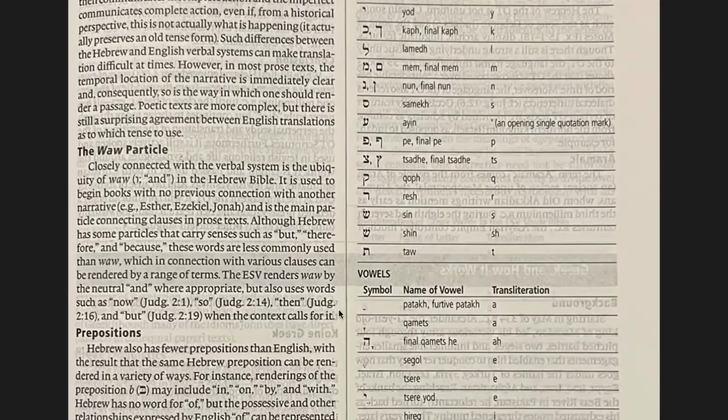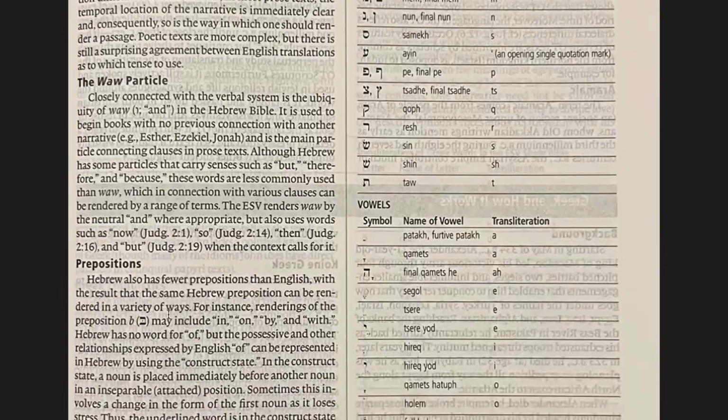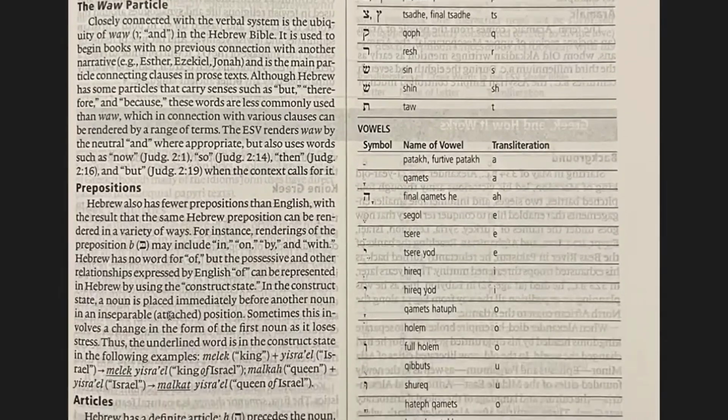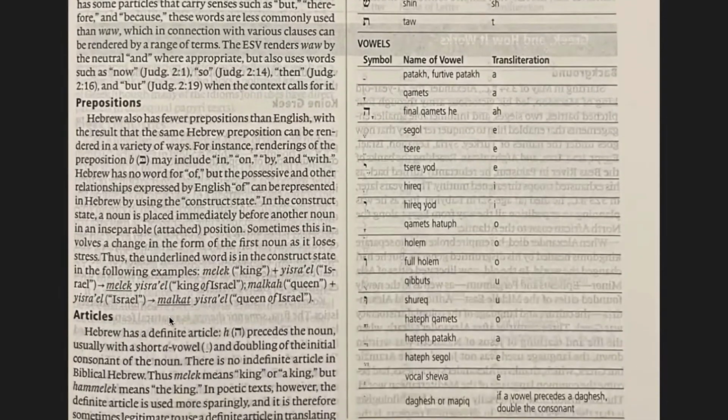So now when we get to the book of Judges, I'll try to remember, okay, in the same chapter, only a few verses apart, you get the same little mark here, and instead of saying and, or as I say now, then they say so, then they say then, then they say but. It's pretty cool, man, at least to me it is. I always tell people, this right here, to me, is a good time. All right, prepositions.